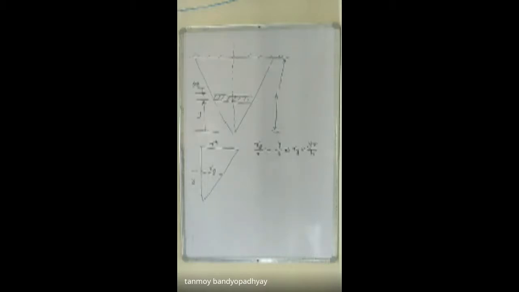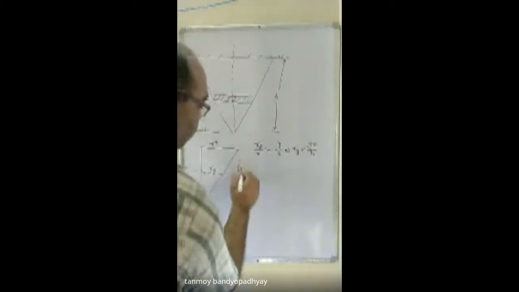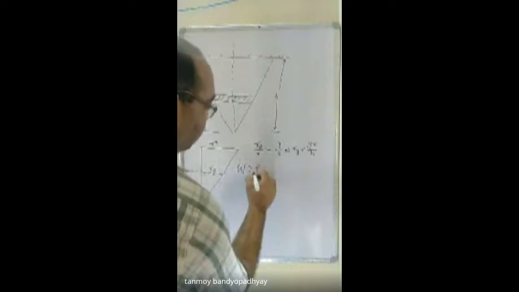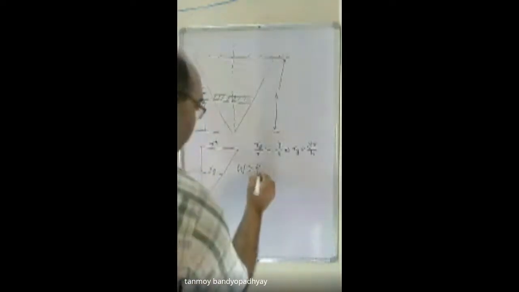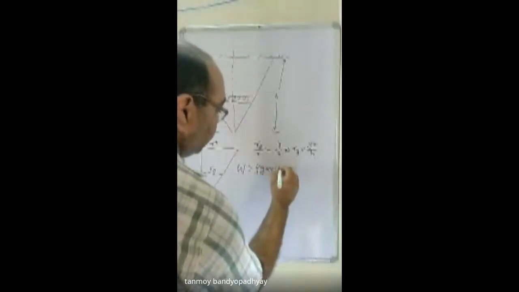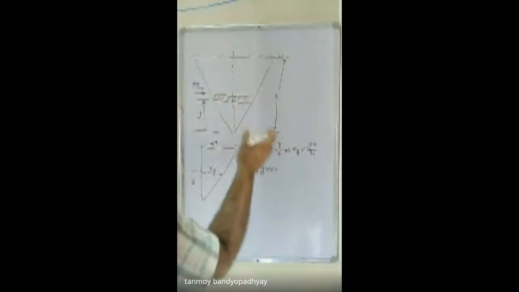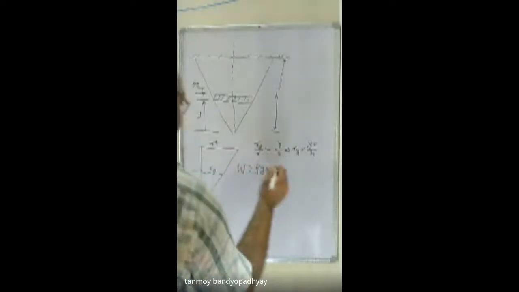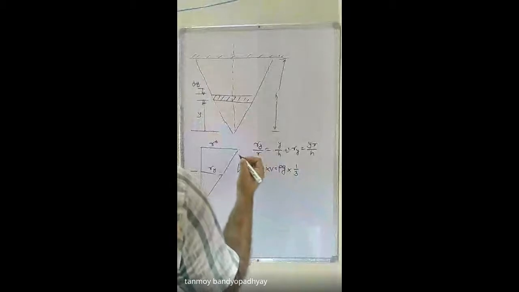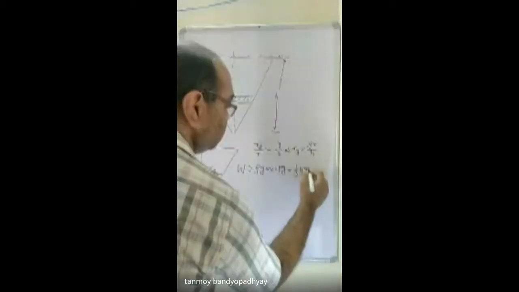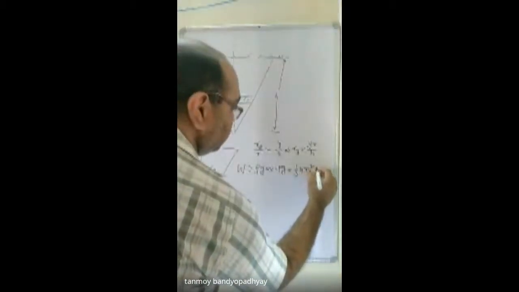So in the note, if you go back, you have to take W. Initially you have to find out the load acting. So the load will be equal to W, that will be density into volume. So rho g into volume. What is the volume of this portion? It will be rho g into 1/3 pi ry square into h, which is y.